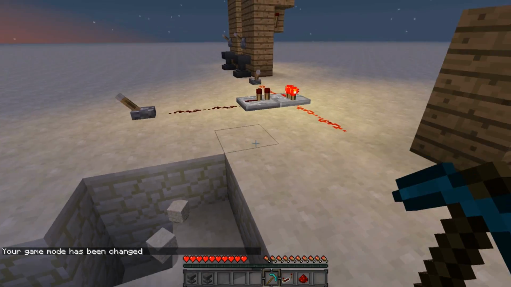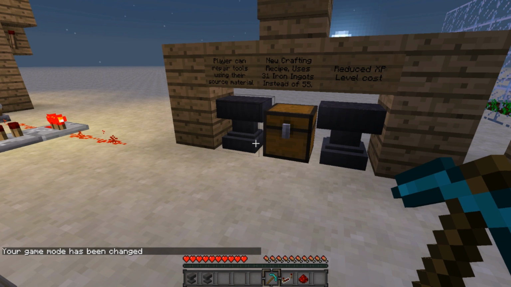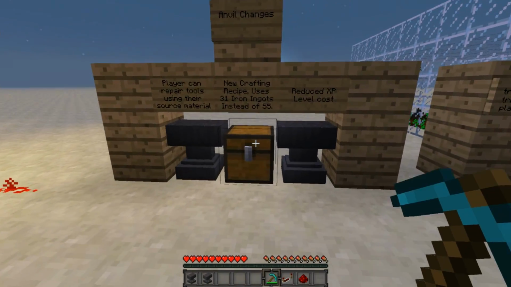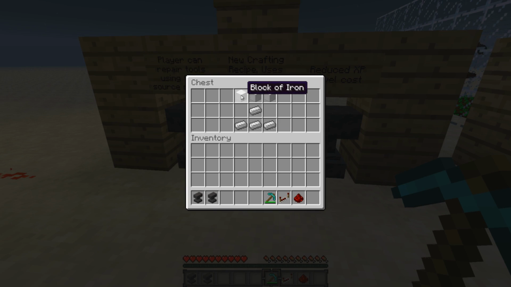I'm not sure exactly how many diamonds it would take to repair the whole thing. I'm guessing once it's more than a third damaged, each diamond will repair it 1/3. That to me would make the most sense. So I'm going to go out on a limb and say that's probably how that works. The anvil has also gotten a recipe change,